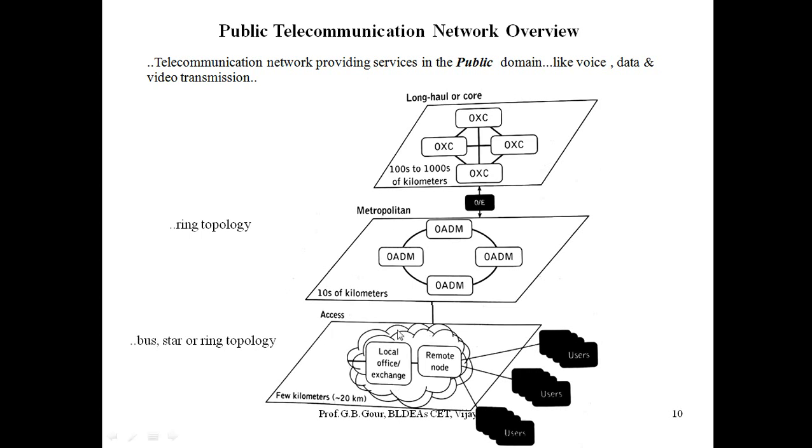The access network may be bus, star or ring topology. Mainly it comprises local exchange offices, or common offices, which are all connected to some remote node where your subscribers directly come in contact. In a local exchange office, the remote node is where each subscriber line terminates in its line cards or trunk cards.